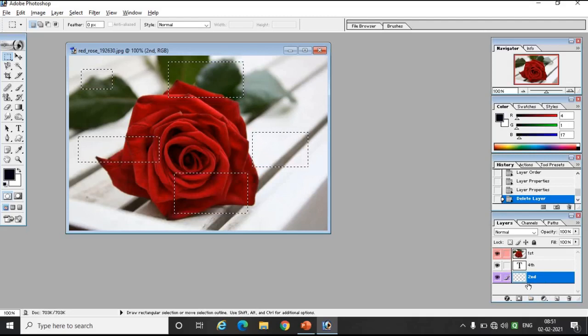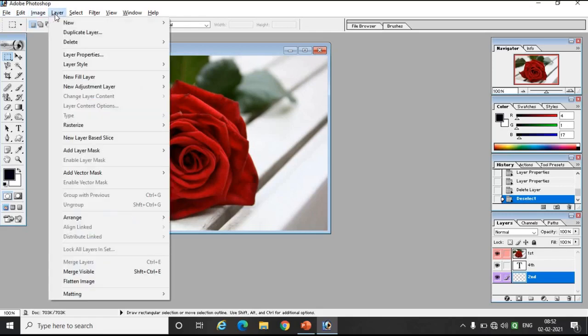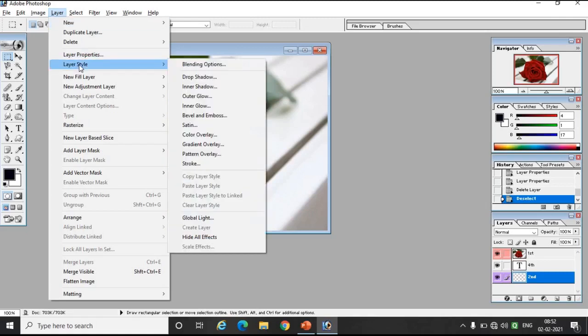Now next one is how to add a layer style. Now this one is a layer. I want to add a layer style over here. So how can I add a layer style? For adding a different style to your layer, simply go to the layer menu. Here in Photoshop, see there are menus: file, edit, image, and after image there is a menu called layer. Click over here. After clicking, you will find the option layer style. You can choose it from here,